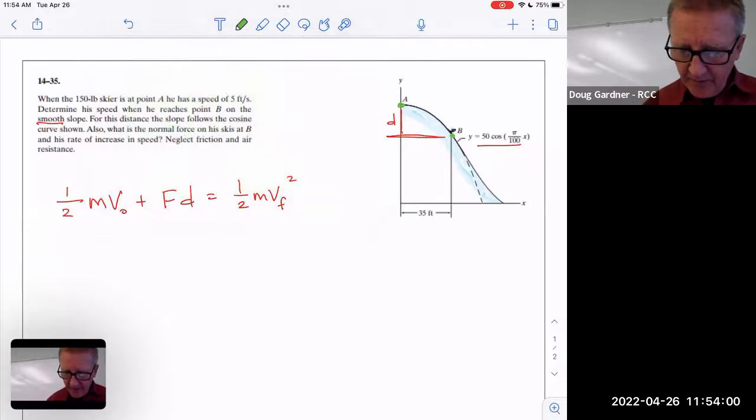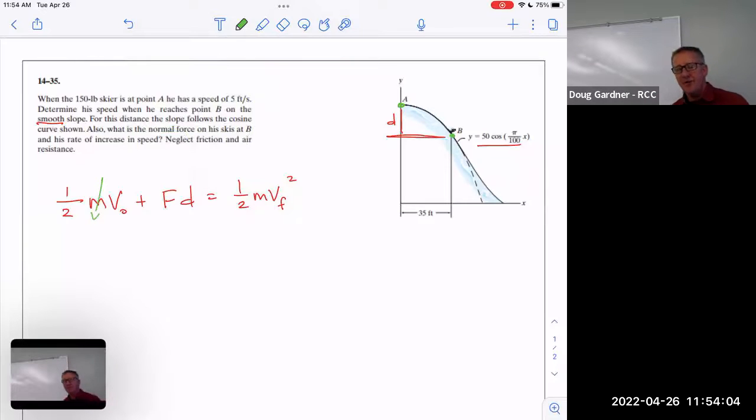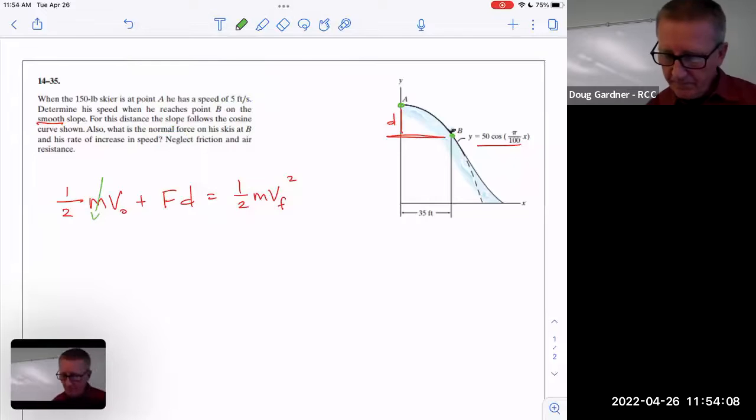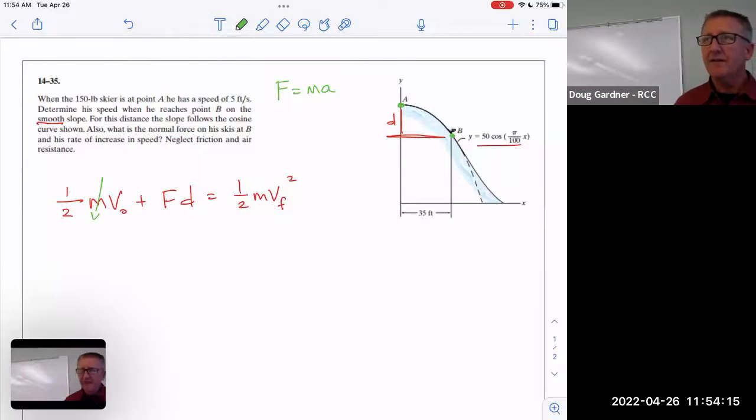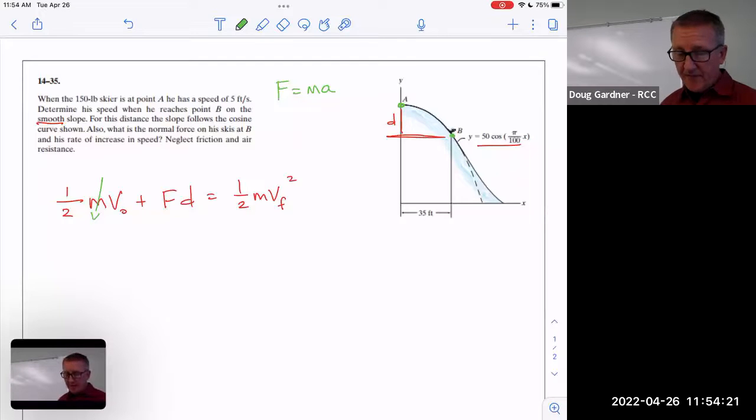So in case you got the early boot, what did you do for mass in this situation? Let's just all make sure we agree on that. I converted to kilograms. I didn't use force equals mass times acceleration. I just know that 1 kilogram is 2.2 pounds. In other words, you said, let's just do this in metric because that'll be easier. So I'll convert his weight to metric. Now that's fine, but you'll have to convert other stuff because